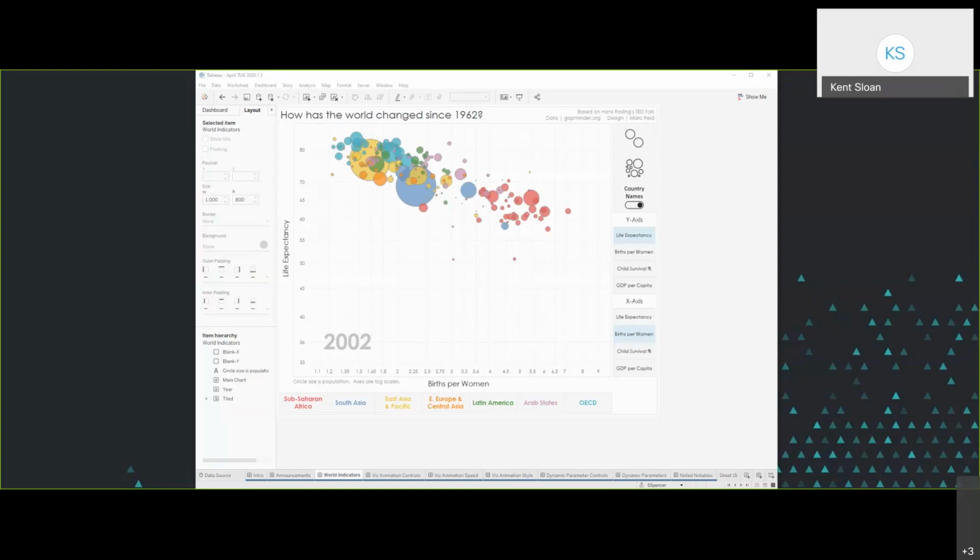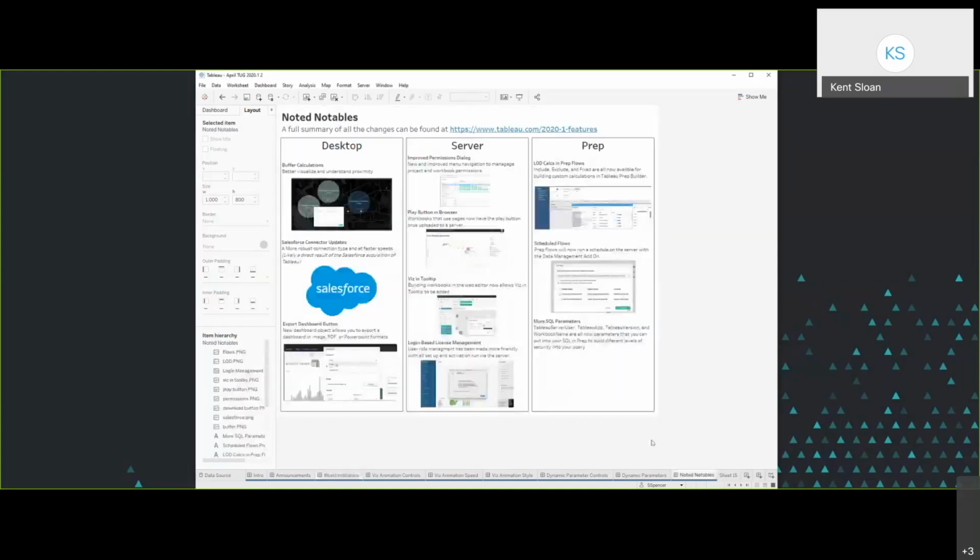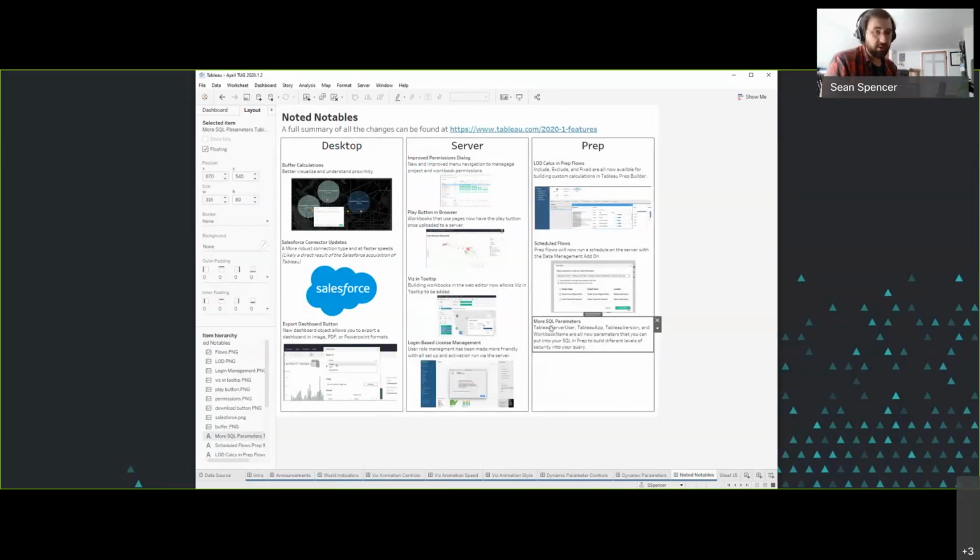Someone was asking about the notes on the SQL management. Yeah, so there wasn't a note on SQL management so much as there was a note on SQL parameters.